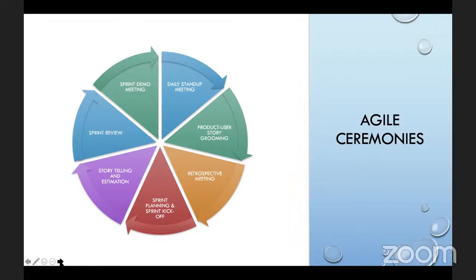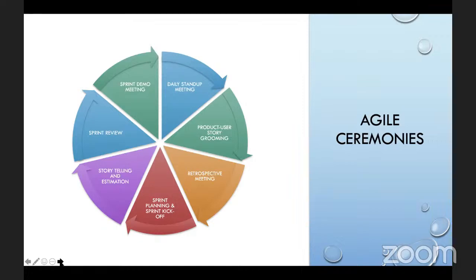Let's talk about sprint review. So in the course of the sprint, we can review the sprint, how the sprint activity is going, and talk about if we are on course to be able to deliver the feature sets that we said we should deliver at the end of the 14 days or the 2 weeks cycle.